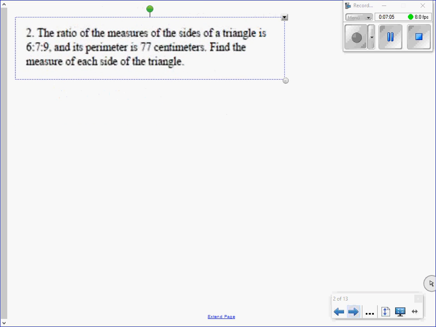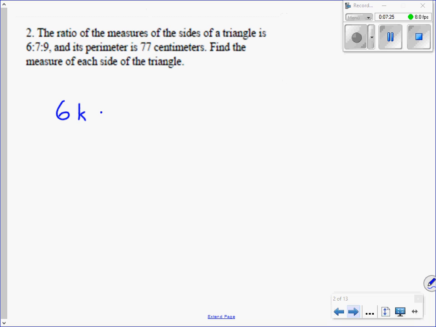The ratio of the measures of the sides of a triangle is 6 to 7 to 9. The perimeter is 77. So we don't know the lengths of them, but we know they are in a certain ratio to each other. So in a situation like this, we are going to have a scale factor. We're going to call it K. So 6 times that scale factor plus 7 times that scale factor